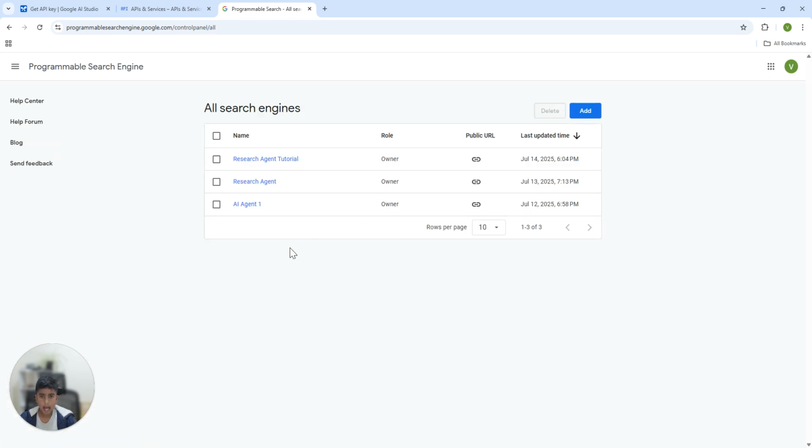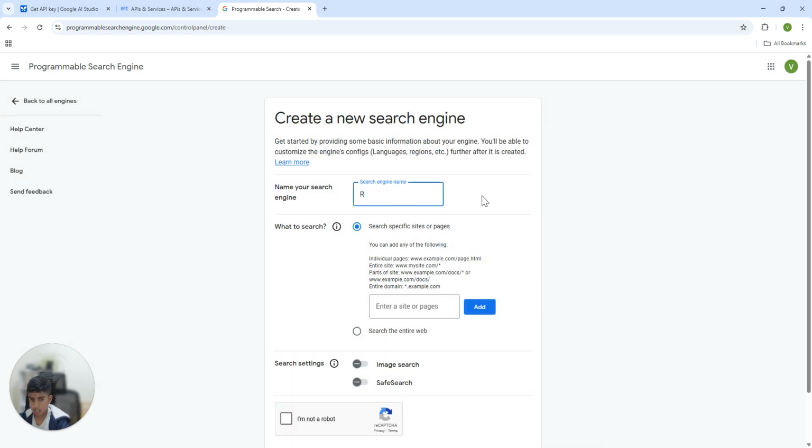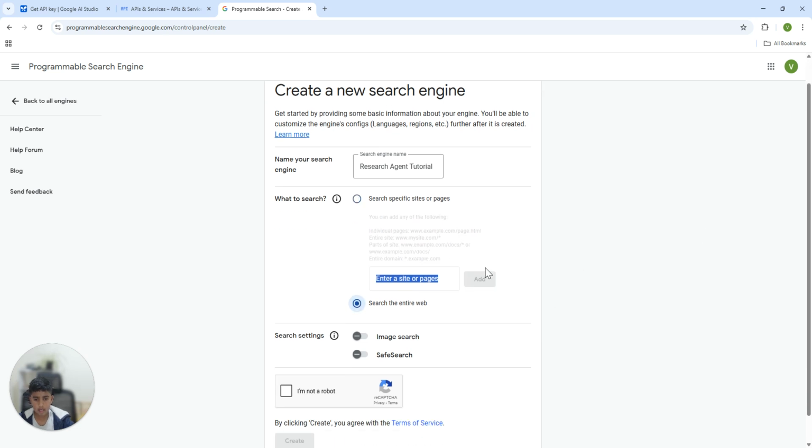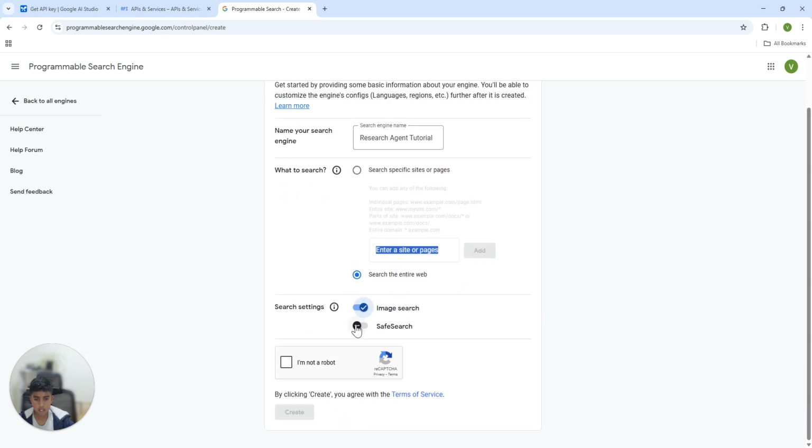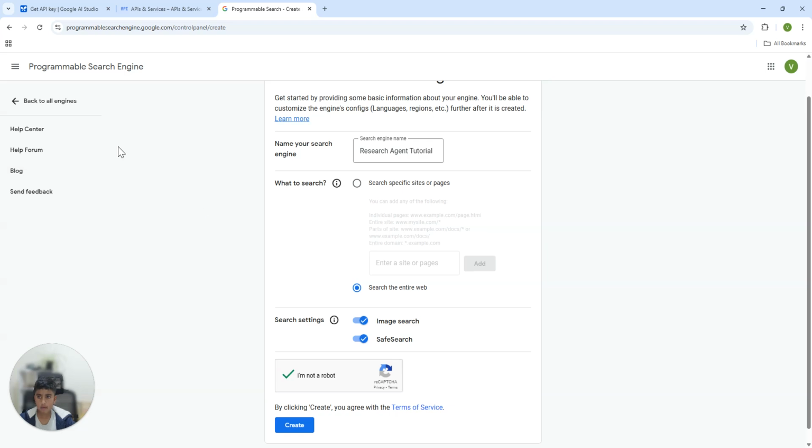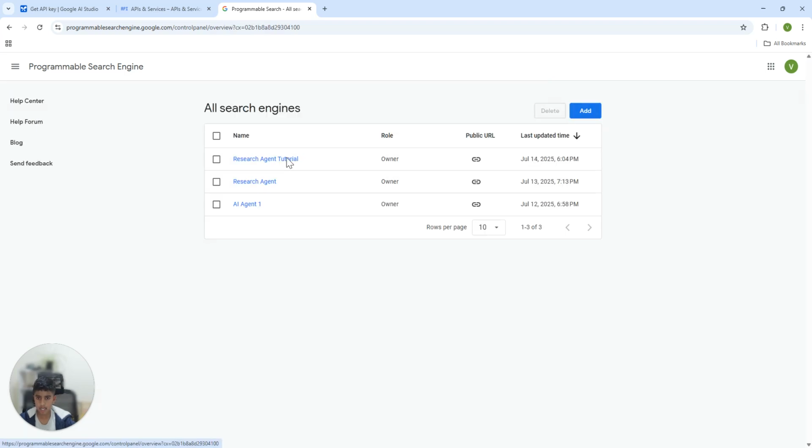And you'll come here. I already have all my search engines right here, but if you want one, click add. Write the name, which is whatever you think, but I'm just going to write Research agent tutorial. Okay, I'll search the whole web. Click on image search and save search, and click I'm not a robot. Then click create. But I already have one, so I'm going to go back to my project and click on